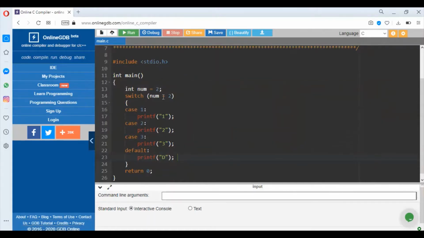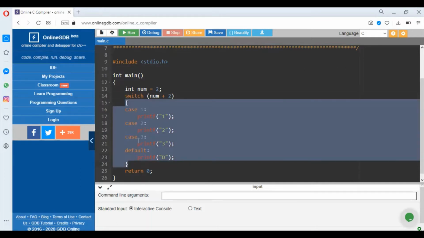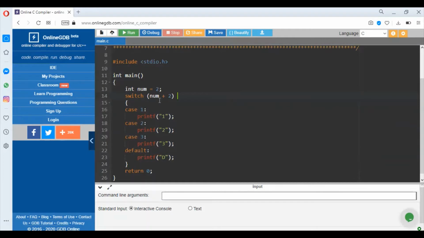Now see here, the switch case is there. This is the body of the switch case. This one here is the expression, the expression that is under the bracket. Now this case is the keyword, and this one is a label.